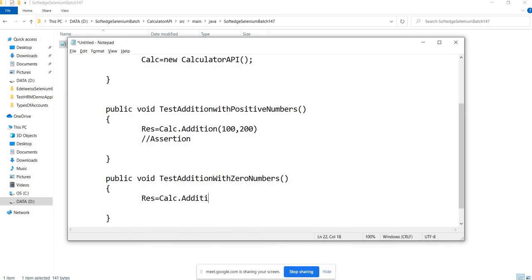I will call the addition method by sending 0, 0, and then again there will be an assertion here, right?